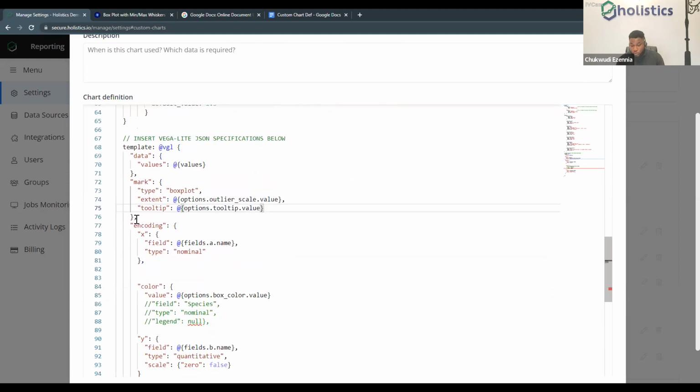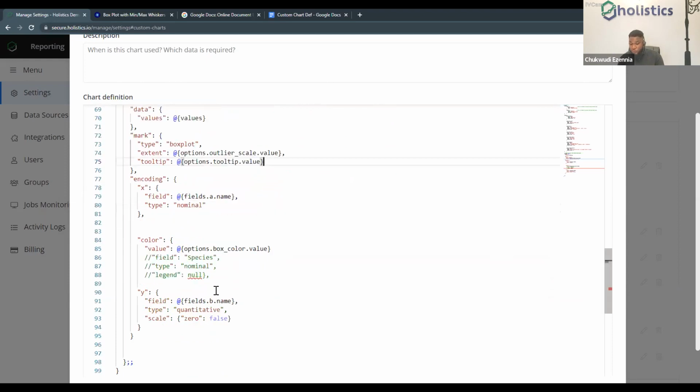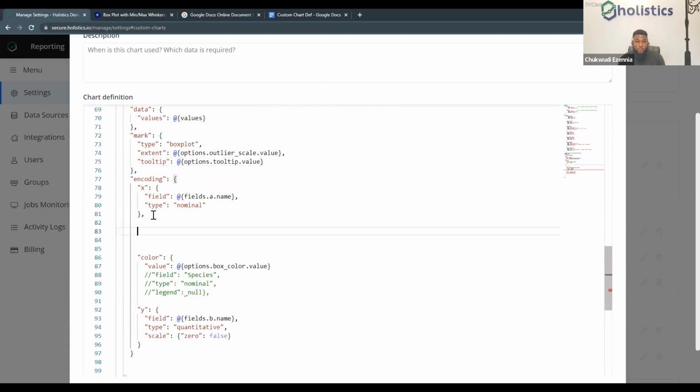Now, quickly, one other option we want to use for our encoding. This is under encoding. We want to be able to encode by color and also by size. Size is not contained in the default one, so I want to be able to pass in my box plot sizes. If we do not do this, Vega-Lite will have a default size for all your boxes. So right here, I can just go to one of these and press enter. I go to the next line.